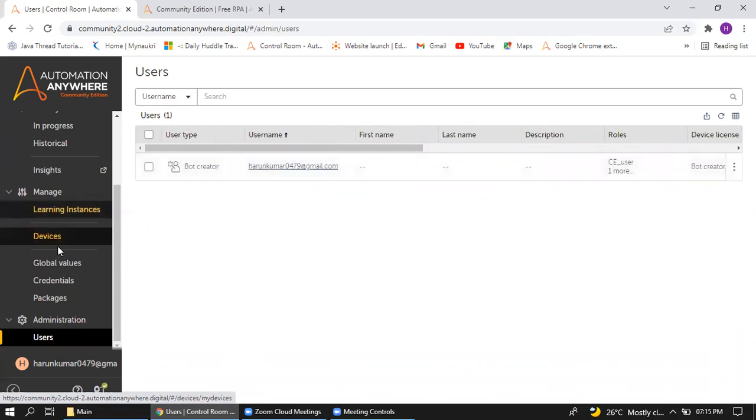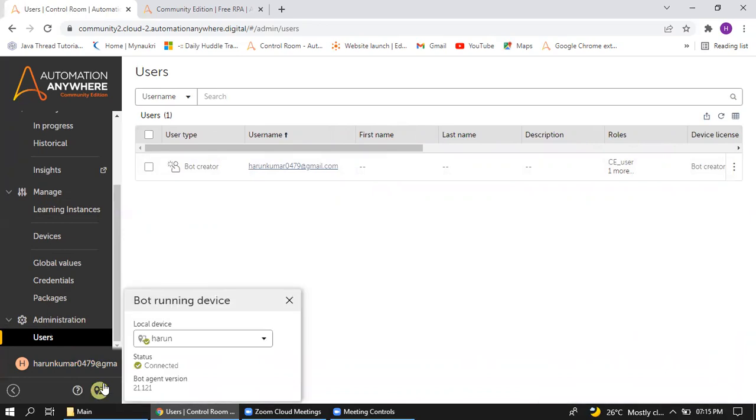I would like to show you, before I show, make sure that when you log into the control room, the device is connected or not. If the device is not connected, first you should refresh the devices. If it is not, you will get a pop-up: download the Automation Anywhere bot agent. Click on that bot agent. After installation of that bot agent exe file, it will show the status as connected. Okay. Next,